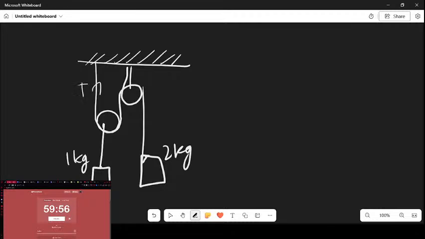This is tension, this is going to be 2T. Tension, yeah, this is also going to be the tension, so it might move a by